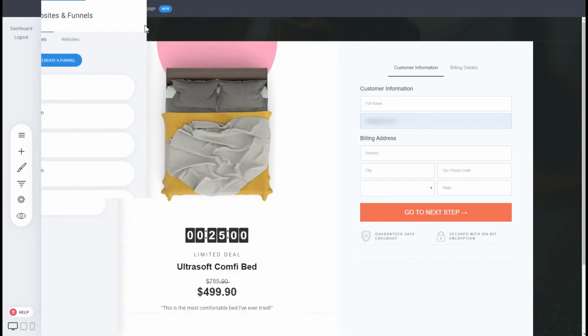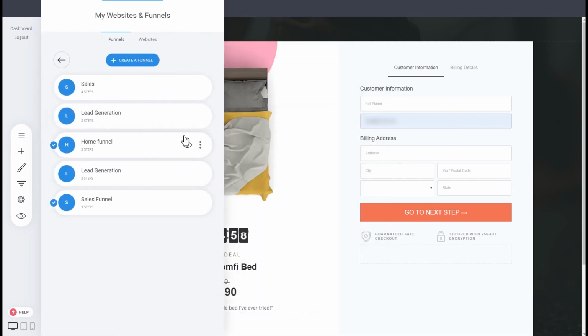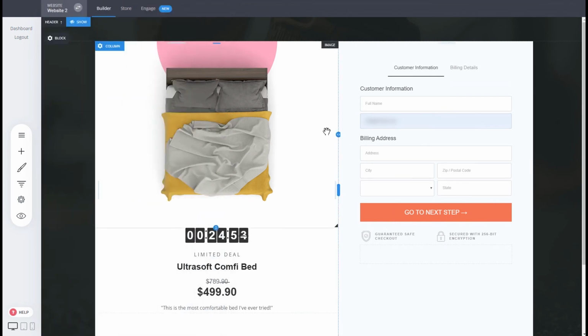And this is how simple it is to build your funnels. You can navigate through them, you can have them outside of a website or inside. And in the next video, I'll show you how to do that for your website and split test your homepage and add your homepage to be your home funnel. So this is how simple it is to build your first funnel and create your first